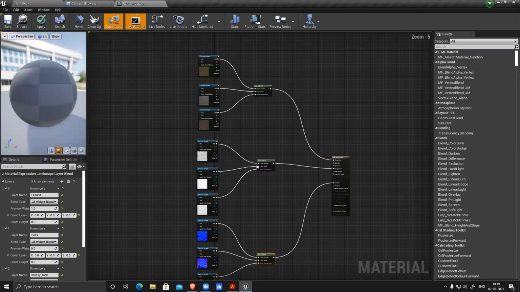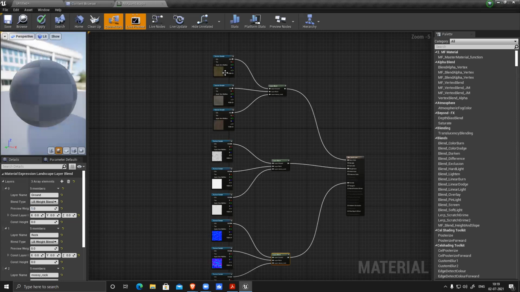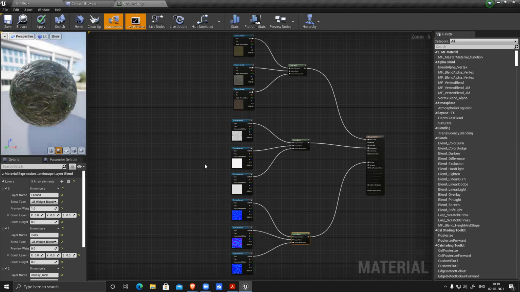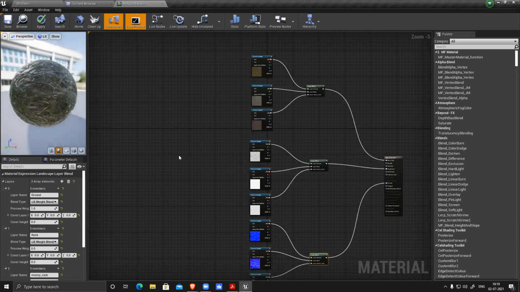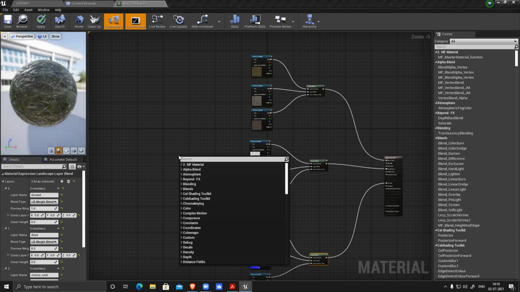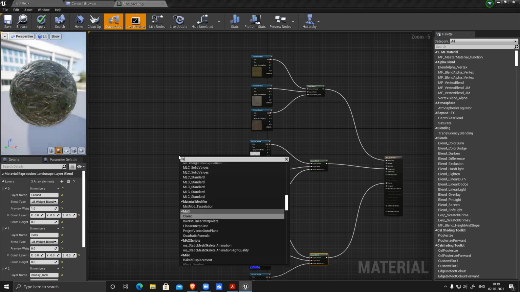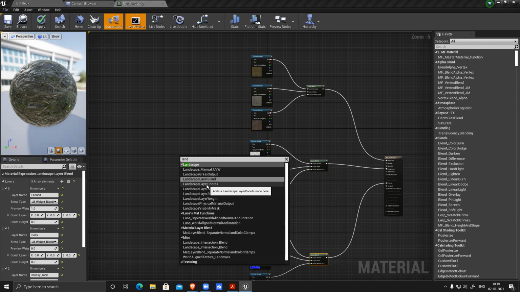I just switched it on. Now I have created texture, but all these textures are tileable. Landscape materials are always tileable. So I want to create a tileable map, but there is no tiling parameter here. So how to tile? For tiling, I have to search landscape coordinates.